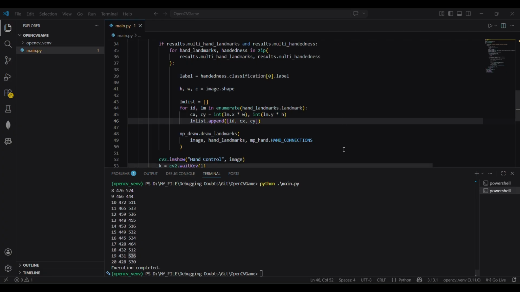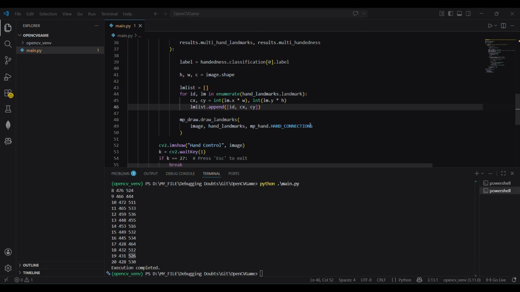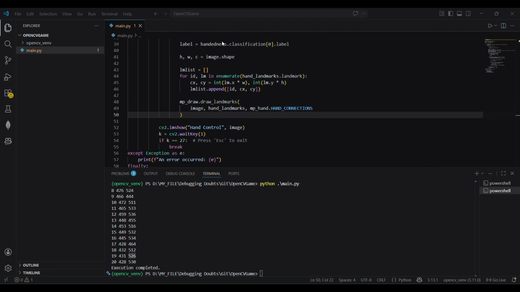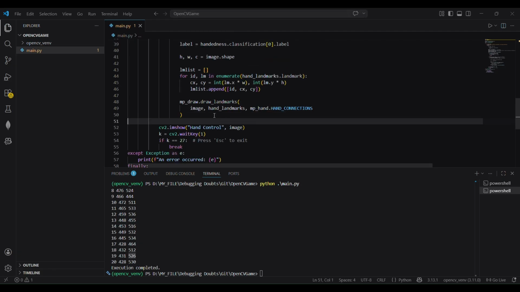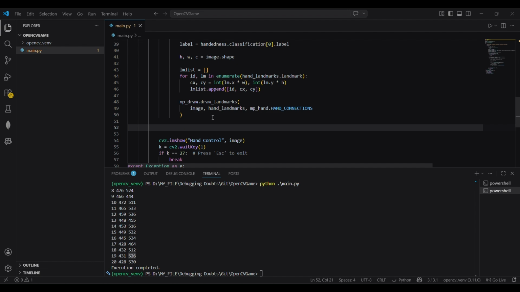Now we need to make such kind of function where we will be detecting fingers, whether it is closed or whether it is open and all such sorts of things. So let us do that. So let us start from here. So after drawing fingers, I'll write one more function called finger, and I will take values from count fingers